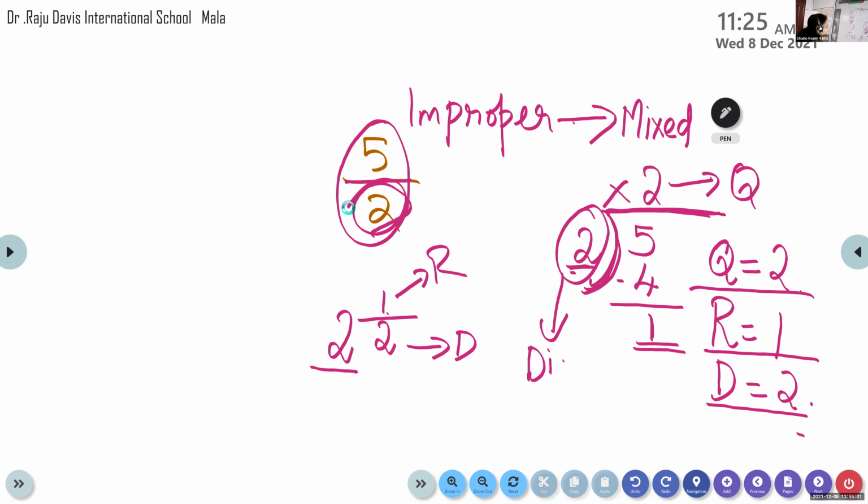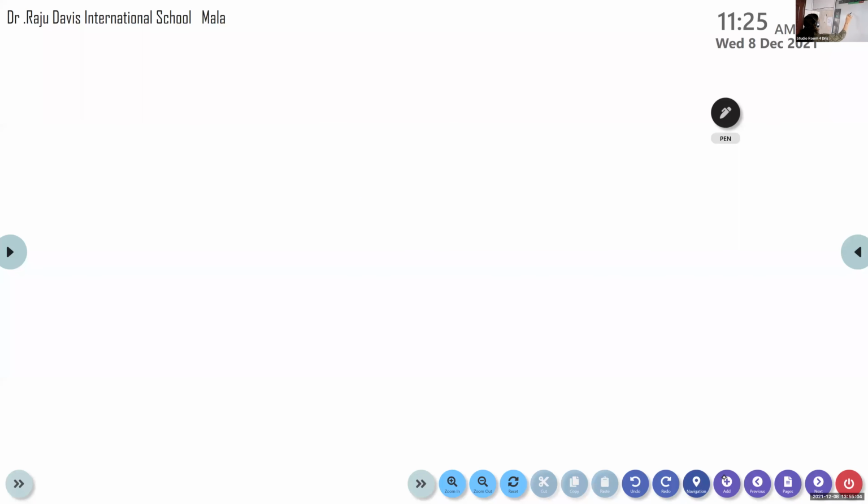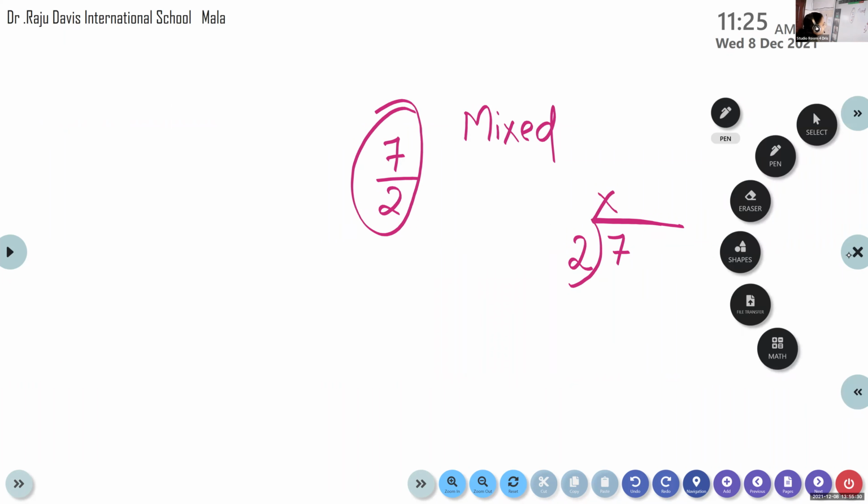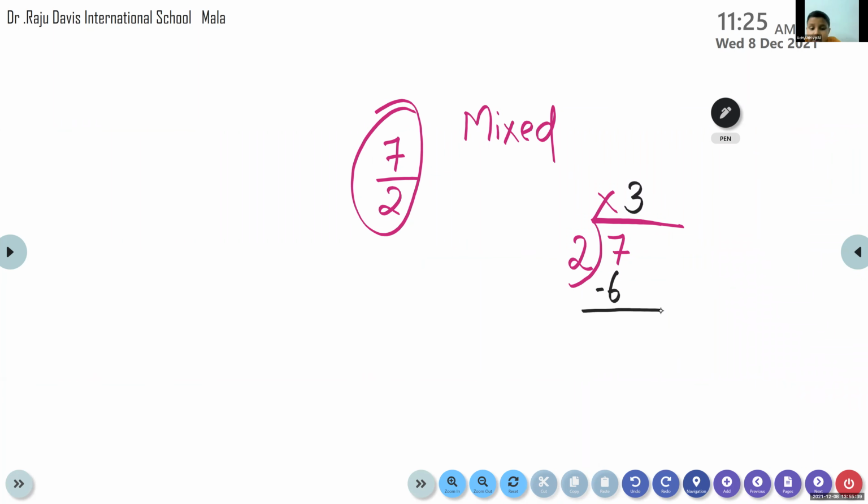So I will explain with one more example. 7 divided by 2. So children, I'm going to convert this improper fraction to mixed fraction. So what I have to do? Divide. 7 divided by 2. That is written here. Just divide. Okay, now give me the answer. How many times 2 can be taken from 7? 3 2s are 6. Yes, very good. And what is the remainder here? 1. Now check our division is correct or wrong.